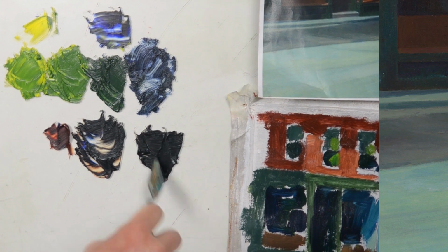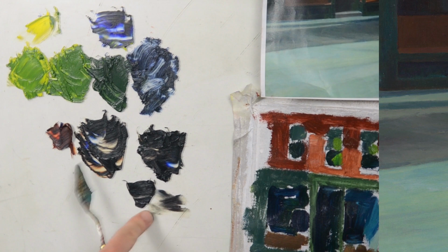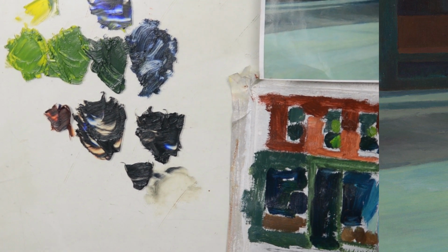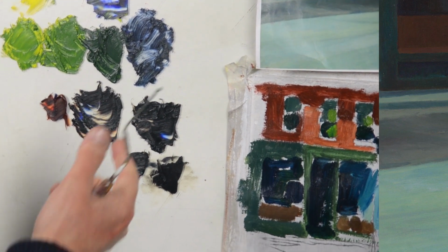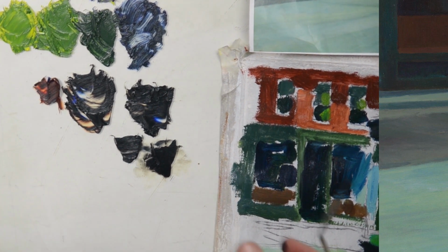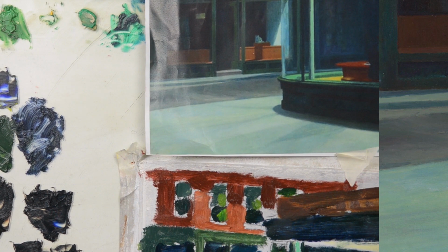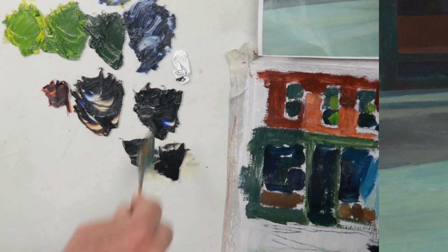Now I'm getting this kind of grey. Not quite sure what grey I've got there. What I can do, just a little movement of the paint, just rub it in, see what you've got. But when you put white with it, it cools it. So the greys here might be quite warm greys going towards a brown. What I've used is ultramarine blue and burnt sienna. In between, you should be getting a black. If you make it too cool, it looks too blue. So it looks to me like it's got a little bit of brown with it. So I'm just going to put more white with that, just to see what kind of grey I get. Not too much, because it's quite dark. Tiny bit of...